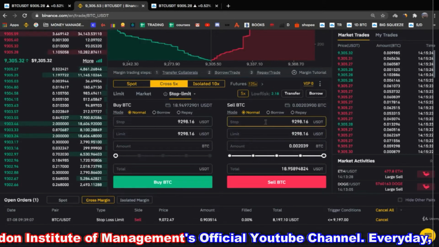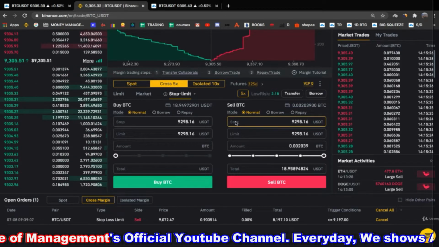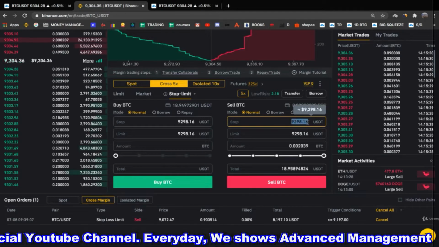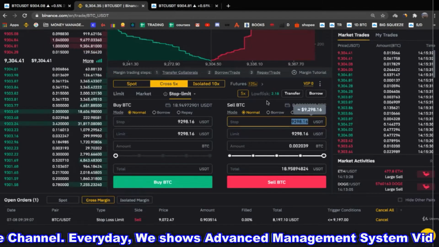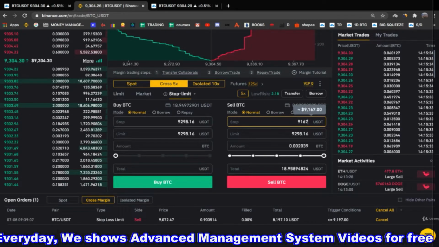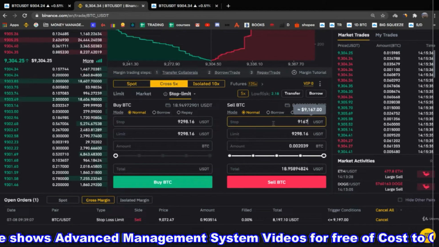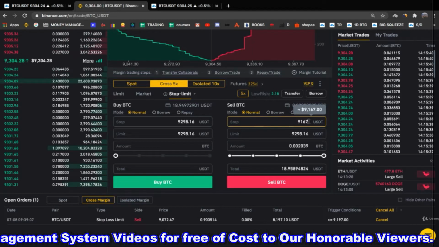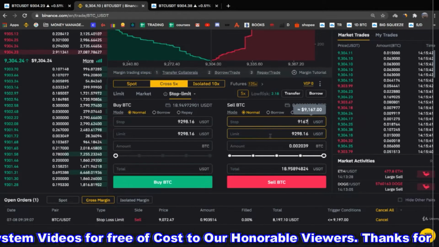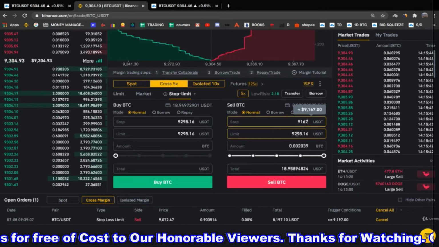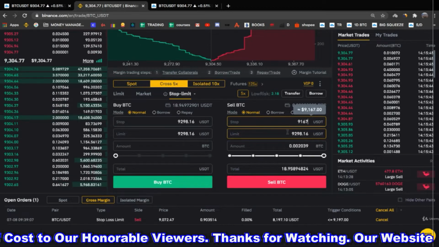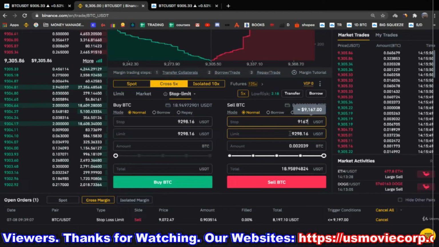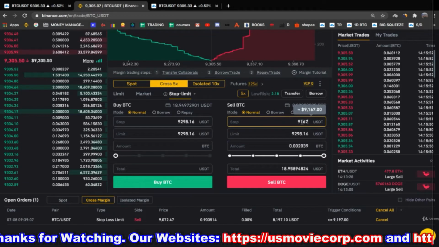What are these two prices now? Stop. Here, the stop is basically your trigger price, which is going to be 9,167. This is your trigger. What does trigger mean? Trigger means that when price reaches this level, a limit order will be put on the exchange, right? A limit order will be put on the exchange when this trigger price is reached.